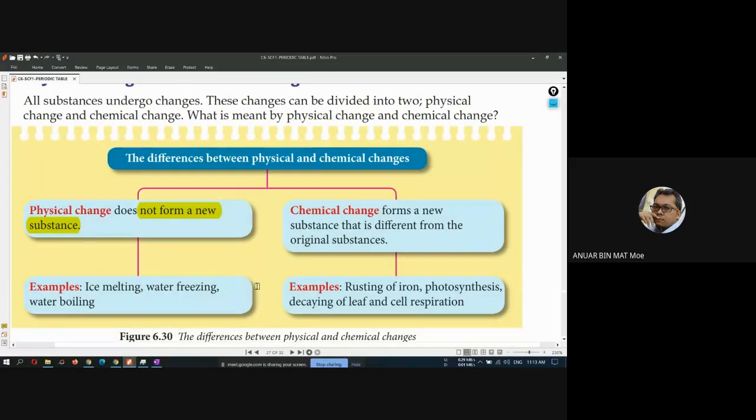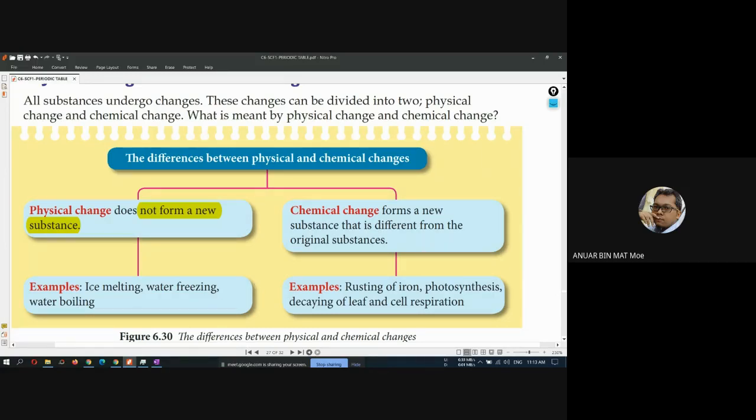It starts with D. What are the methods? Do you remember? Distillation. Yes, very, very good. You still remember distillation? You can go back to the textbook or watch my video from before. Distillation is the best method to separate the mixture. After distillation, you get salt, and you get water again.